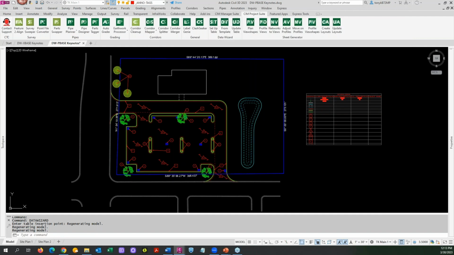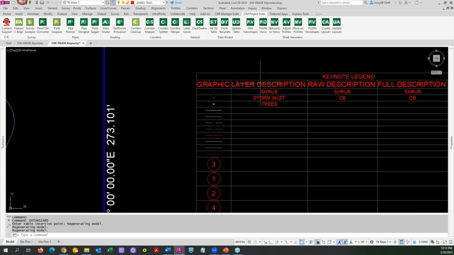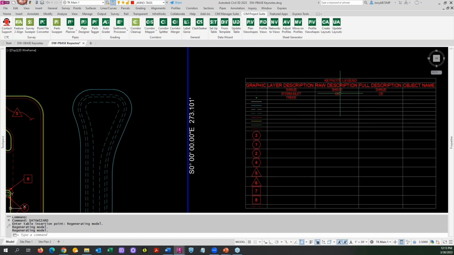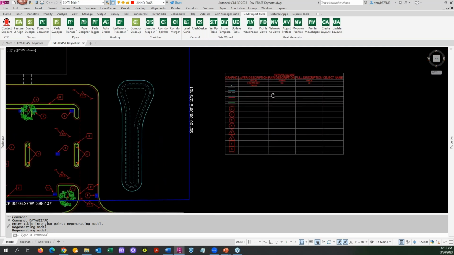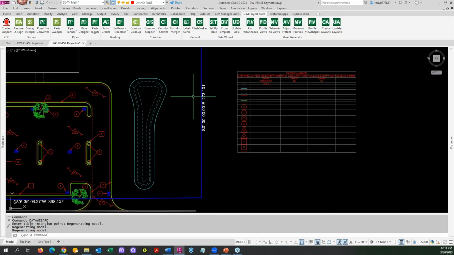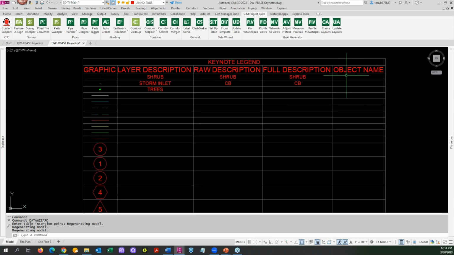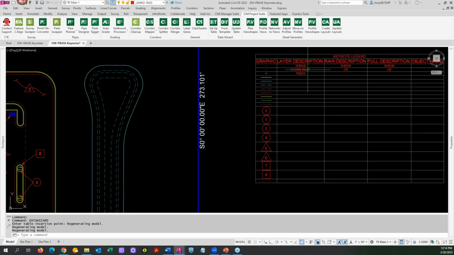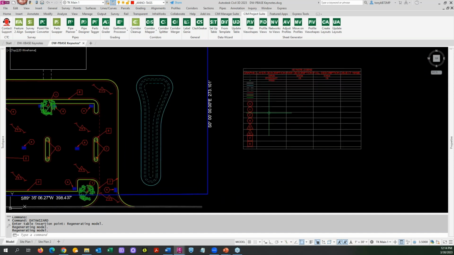Okay, so here's what we get. Now we're getting layer description, raw description, which we only have of these couple on the shrub and the catch basin. Tree is just a generic tree, which symbol, which is why you would use the keynotes to do that. So no object names, no anything. So we know we can come in and we can get rid of that, we can get rid of that, we can get rid of that, we can get rid of everything. But we want to include